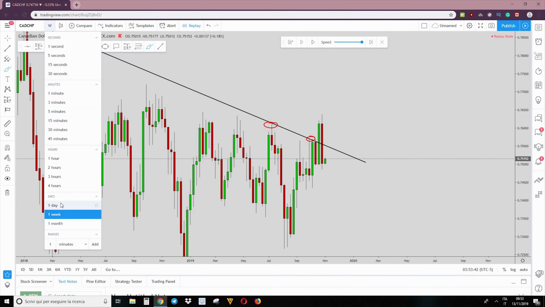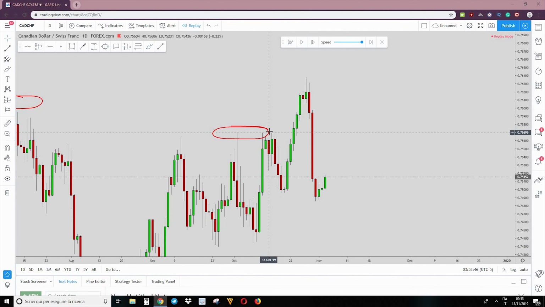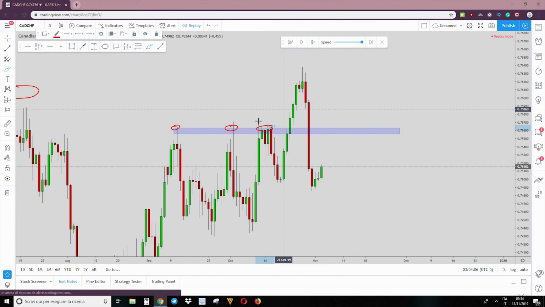Now, if we go down on the daily time frame, we had even more confluence for this. What do I mean? We had more confluence because if the market went for a retest of the weekly trend line, it would have gone to retest this level here. And this level here is very clearly a very strong level of resistance. You can see that we have resistance here, resistance here, resistance here, and the possibility to create this head and